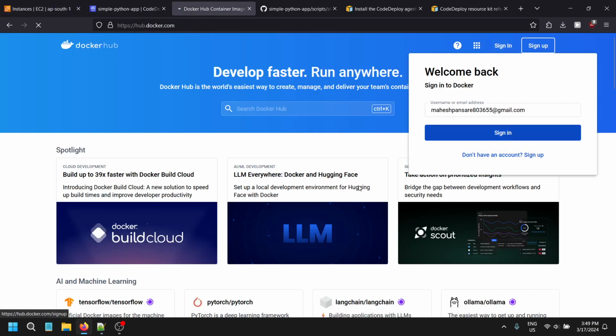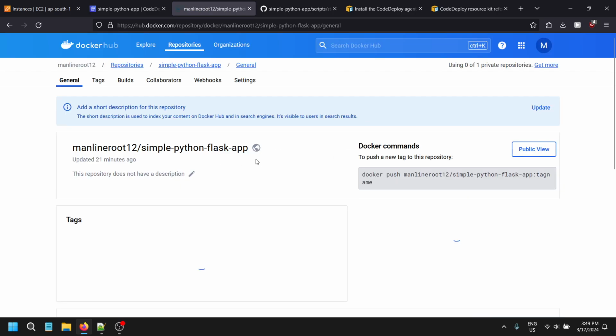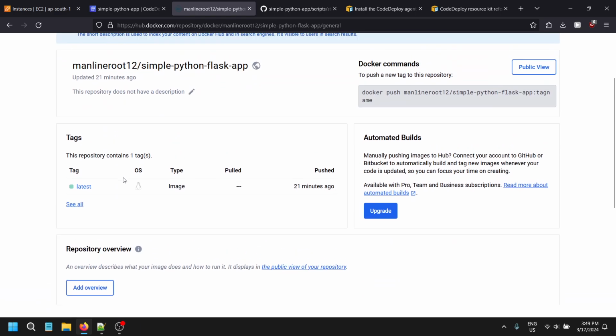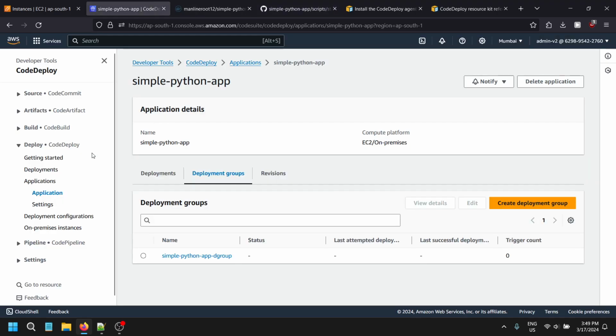Okay, this is the Flask application, and there is only one tag which is latest. There are multiple tags in the environment, based on your environment itself. But I have only one tag which is latest. I have pulled this particular tag and run one application from the Docker command, which is running on port 5000, on this particular image that we have created. So